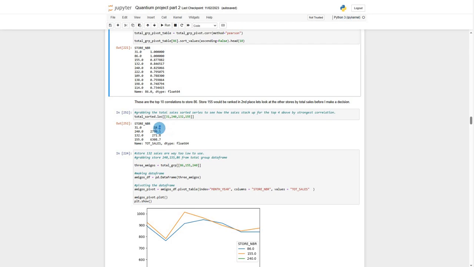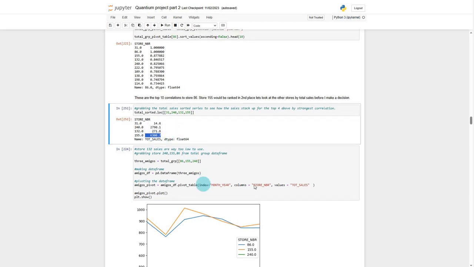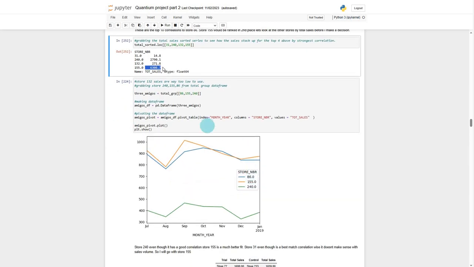You can see here that the sales is just nowhere comparable to the trial store. Store 155 came the closest for total sales amount. So if we use the next one below it, store 240, that matches